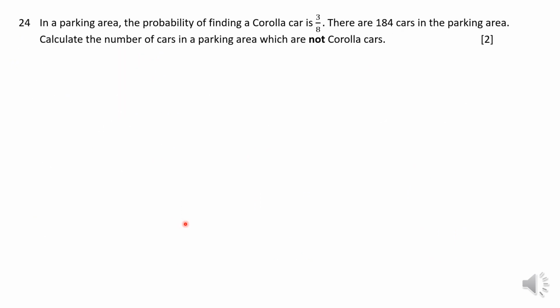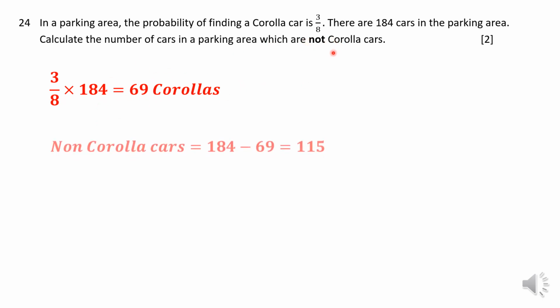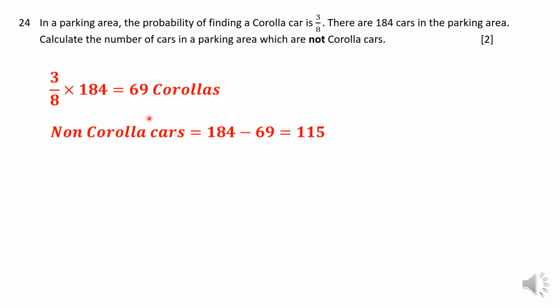Question 24. In a parking area, the probability of finding a Corolla car is 3/8. There are 184 cars. This question is really straightforward. First, you can find the number of Corollas that are in the parking area, but this does not guarantee you full marks because you're supposed to find the cars that are not Corollas, and you can simply subtract the 184